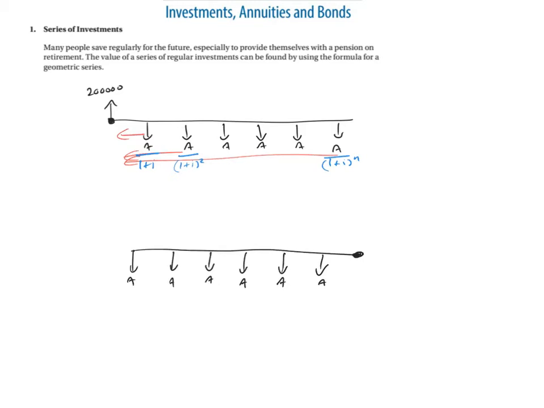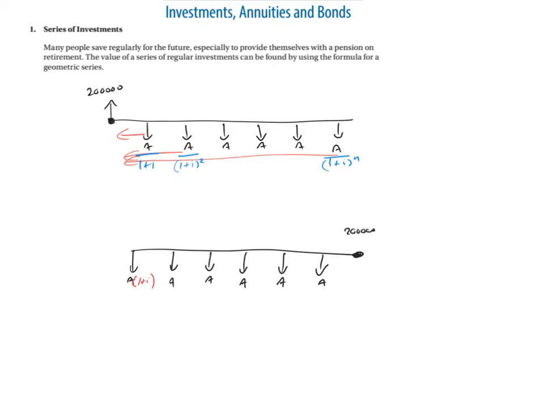And what's happening is, instead of going to the left like we're doing up here, where we're bringing every payment to the left, which means that we're discounting it, for this one we're taking every payment to the right, which means it's going to increase. We're trying to get 200,000 here, and we're investing money as we go along. So this amount is going to increase, and we're going to get 1 plus i